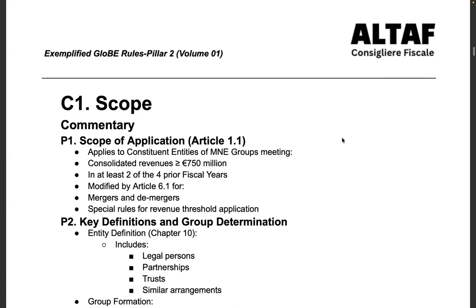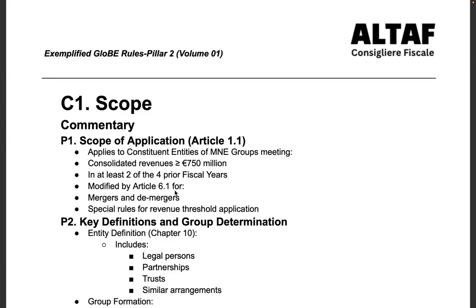Hi everyone. So we are going to formally start with chapter 1, C, as it is written, C1, which is scope. In the consolidated commentary, paragraph 1 addresses the scope of application of the BEPS Pillar 2 framework. It applies to constituent entities of multinational enterprise groups, MNE groups, which meet the following criteria: